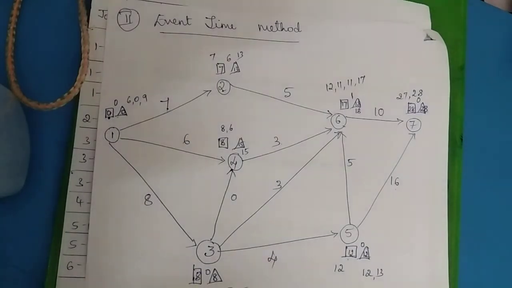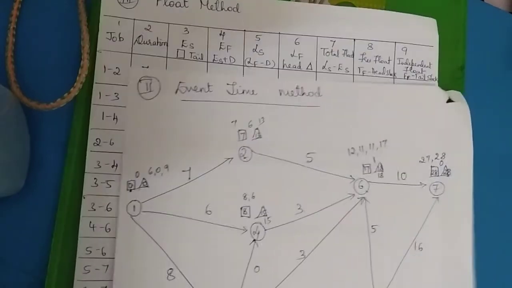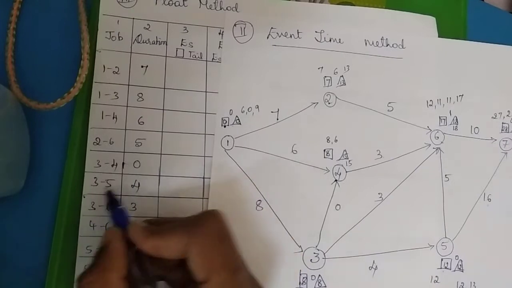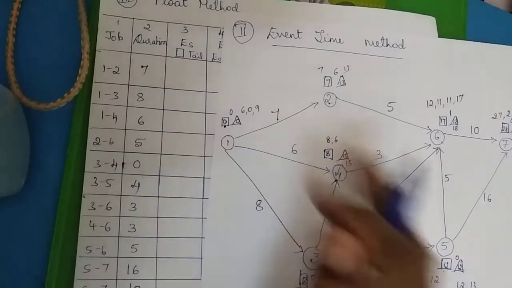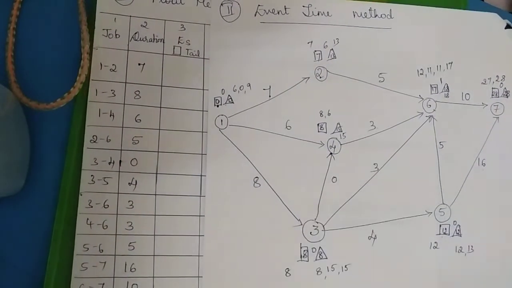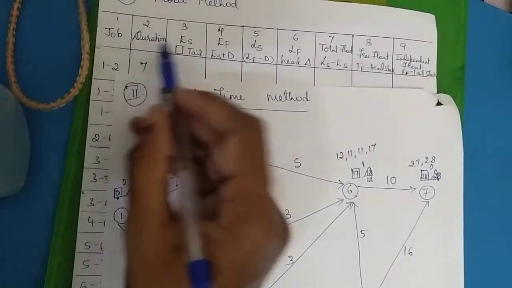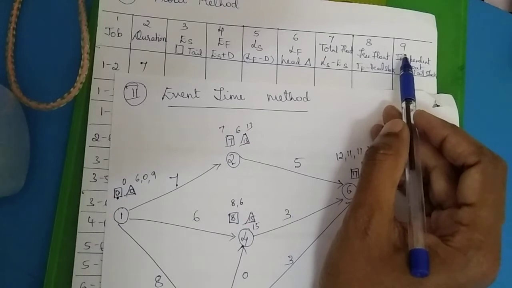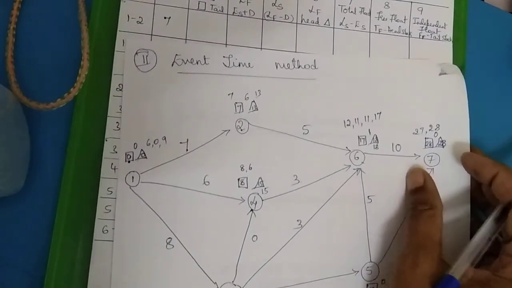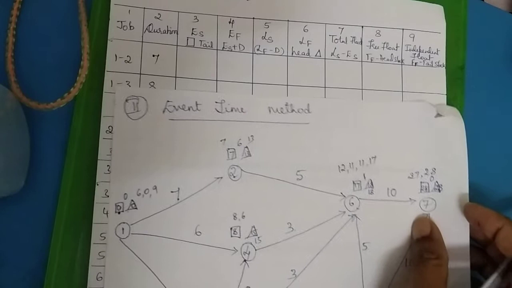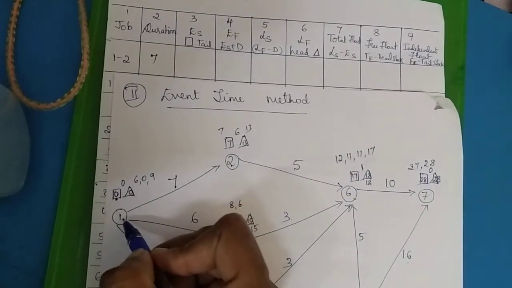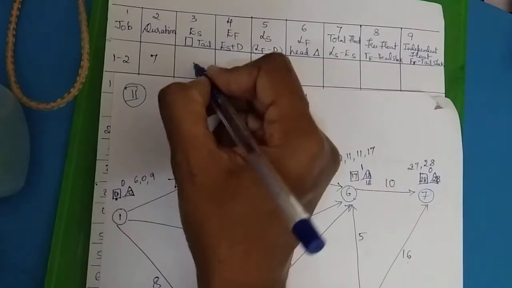Next is the computation of the floats. For the computation of the floats, we need this diagram, slacks and everything. These two things are given in the diagram, in the problem itself. Now we have to work out the 9 columns, 1, 2, 3, up to 9. These are all the columns which we need to draw. Now let us work out each one. First is 1 to 2. We have to take the earliest start time of the tail event. So the earliest start time here is 0.